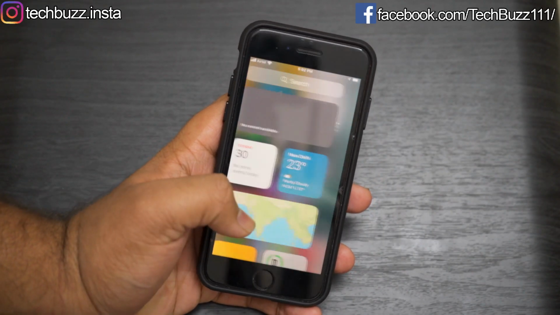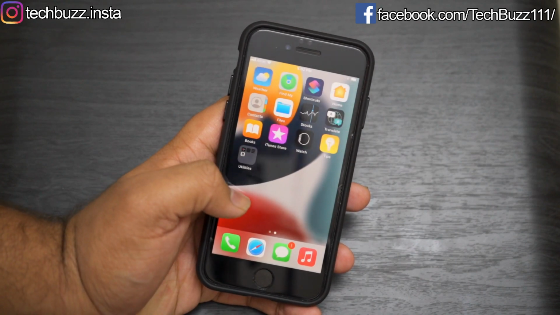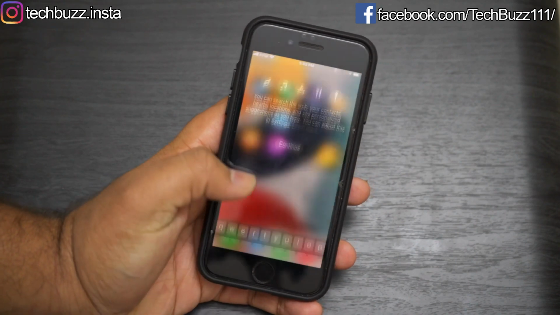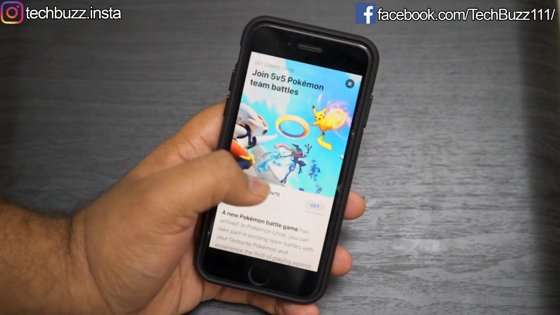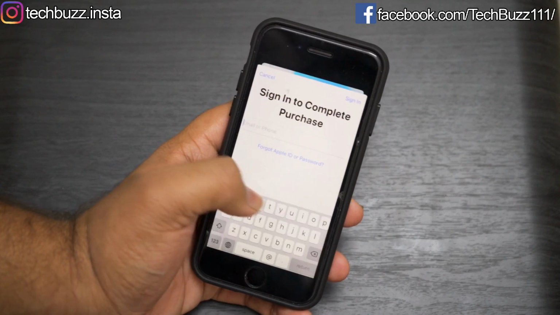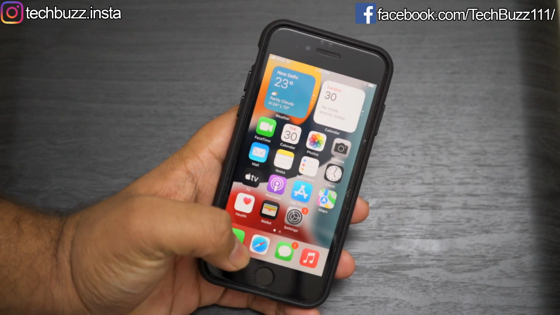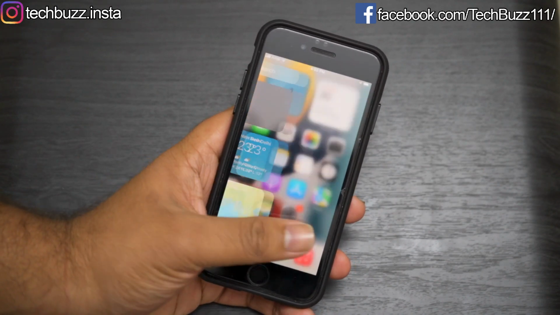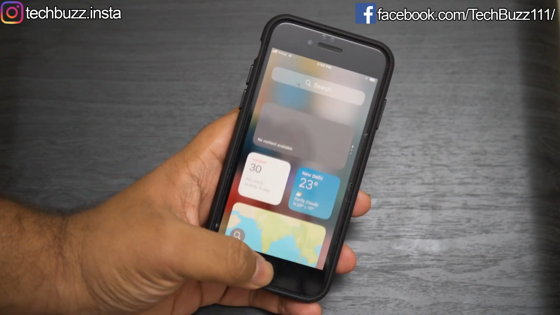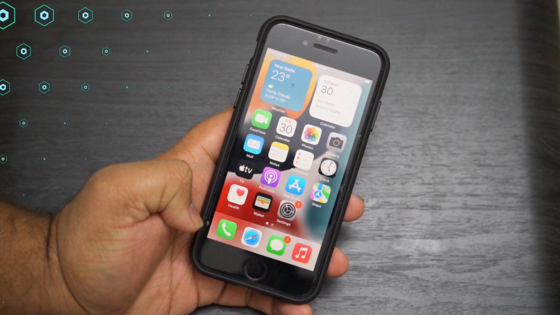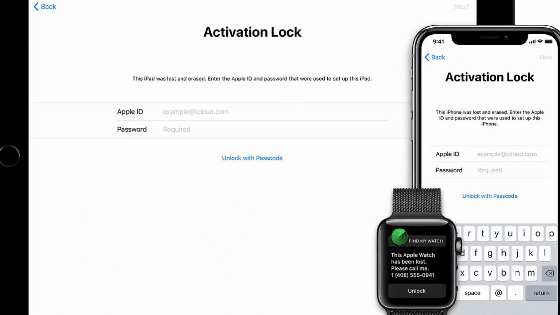If you are an iPhone user, you may know that Apple products have one of the tightest security systems and bypassing it is really hard, especially removing the iCloud account. This situation mainly occurs when you bought a used iPhone with someone else's Apple ID already logged in, or you forgot the password of your Apple ID and now you are not able to download any apps on your iPhone. But today I'll show you how to remove the iCloud account and wipe the lock screen password from your iPhone in just a few minutes.